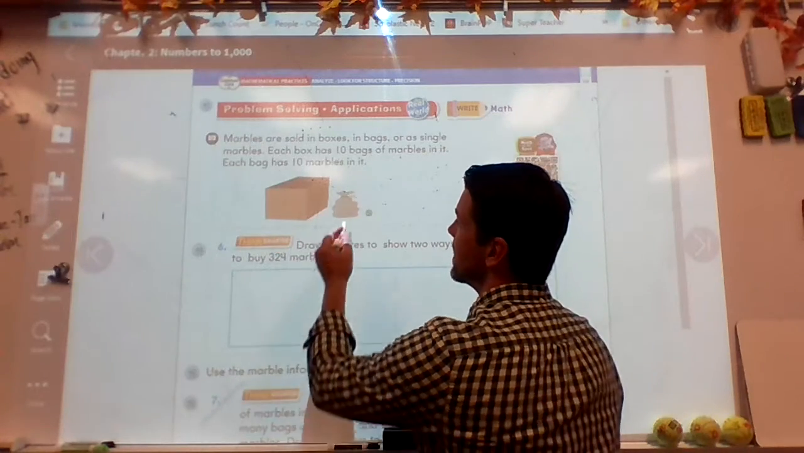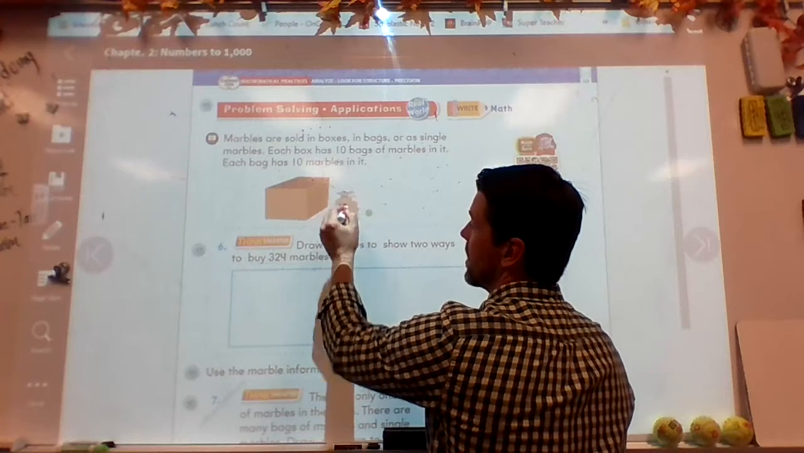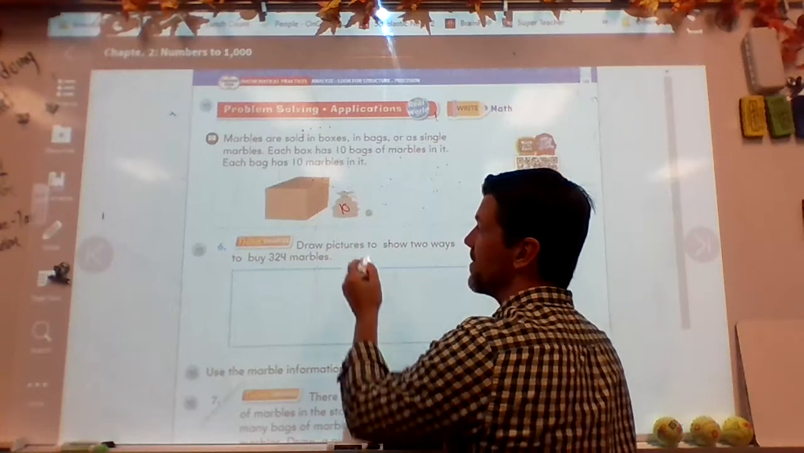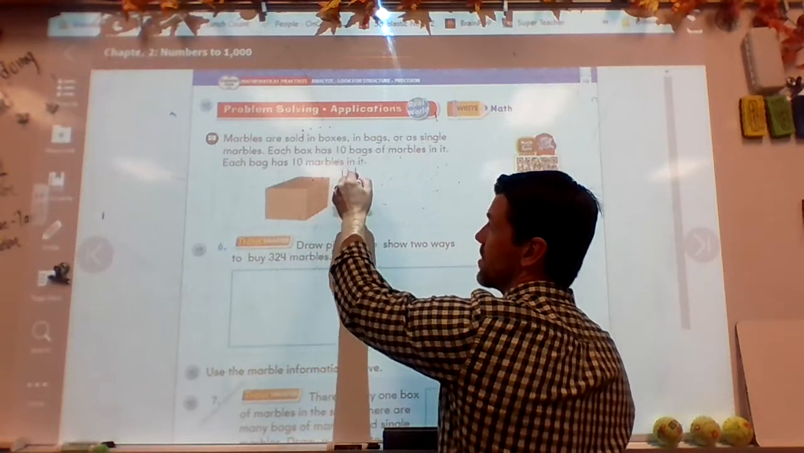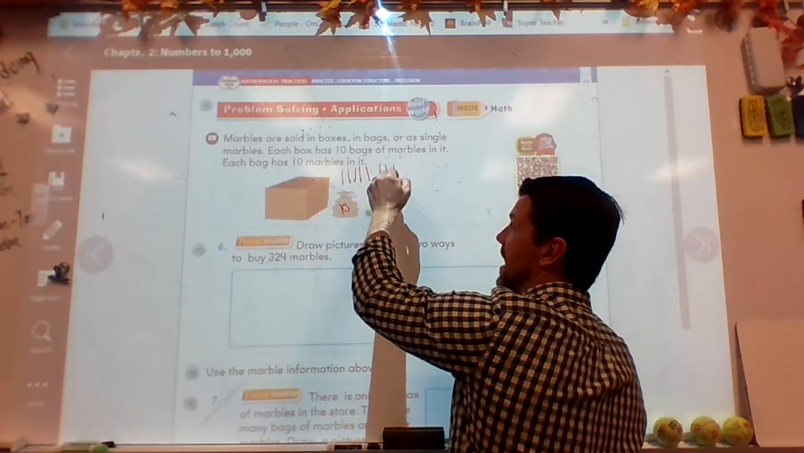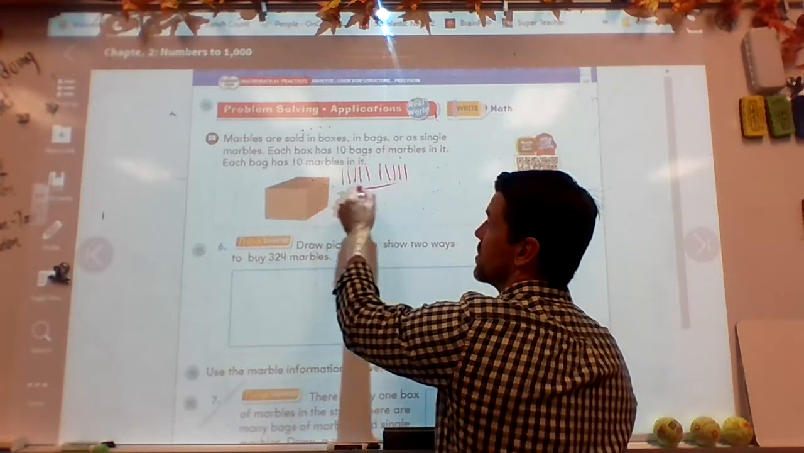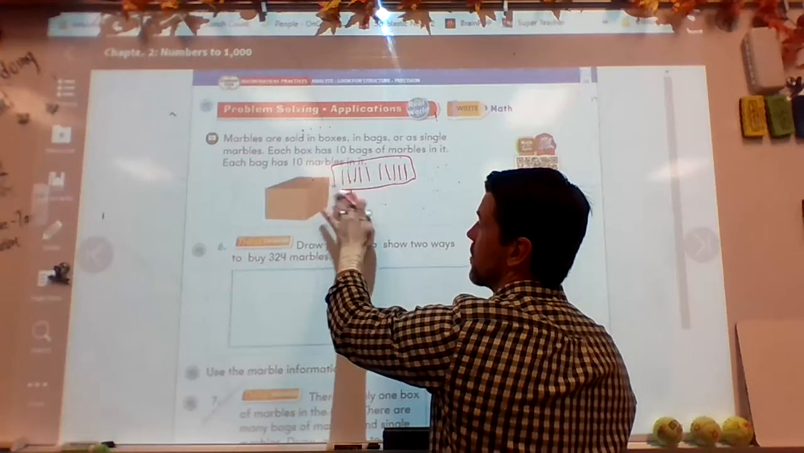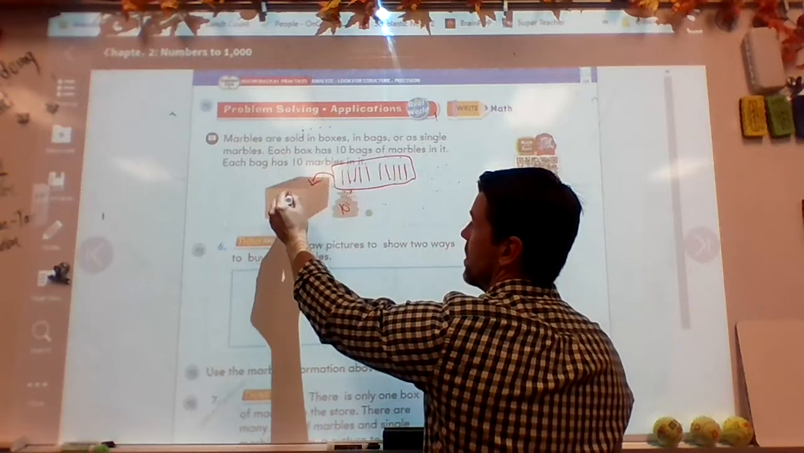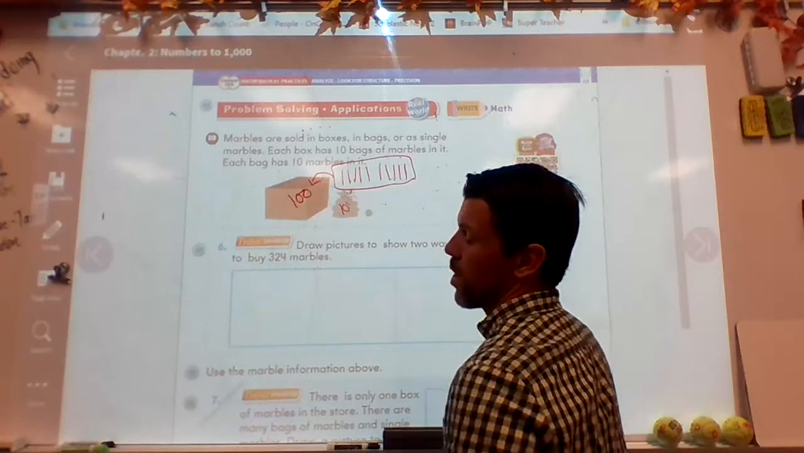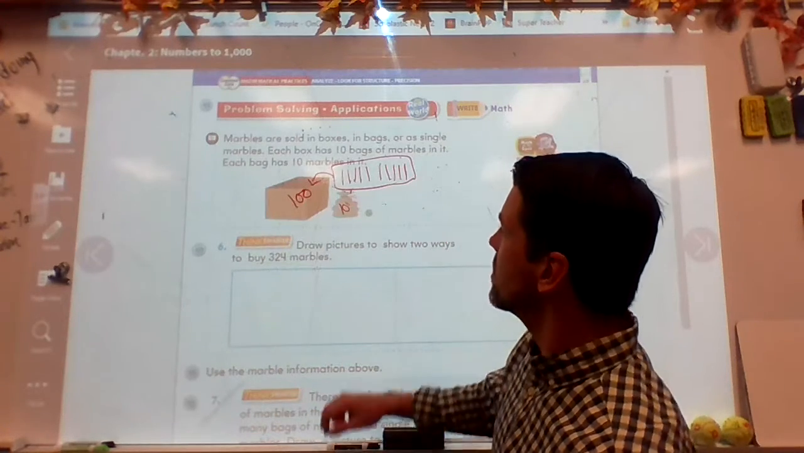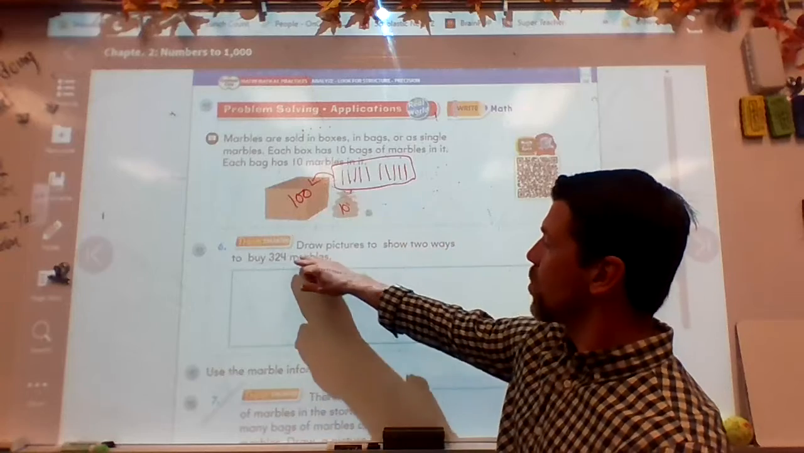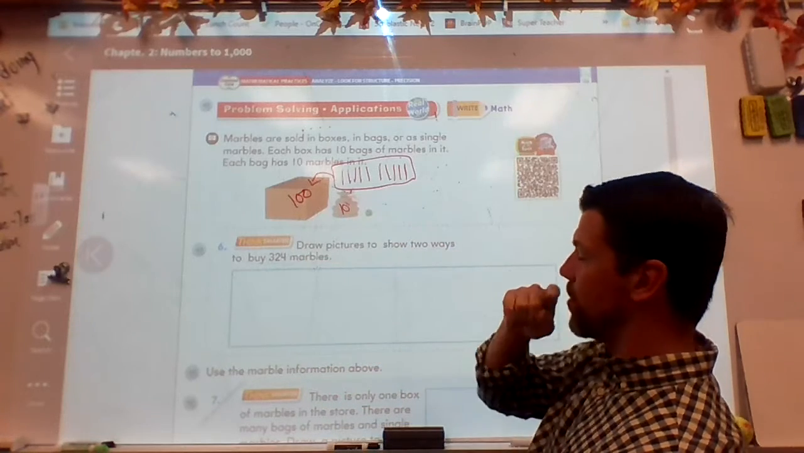So I know that this is 10 right here, 10 marbles. And if we have 10 tens, 10, 20, 30, 40, 50, 60, 70, 80, 90, 100. So 10 of these bags are in, let me erase that and put that over here. So this equals 100 marbles. So what we're going to do is it says, draw a picture to show 2 ways to buy